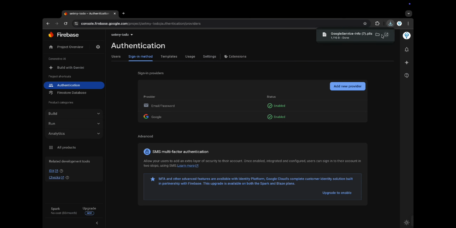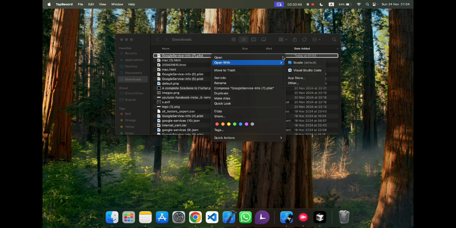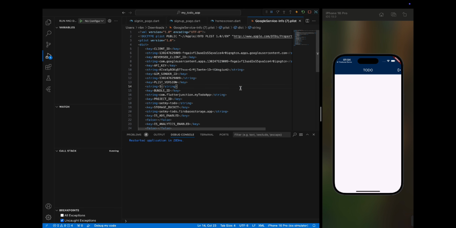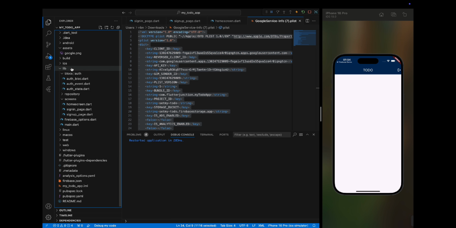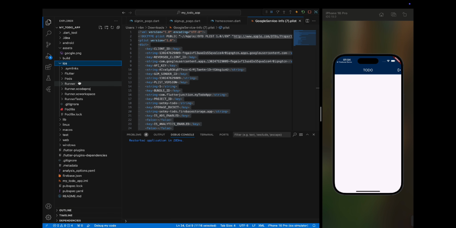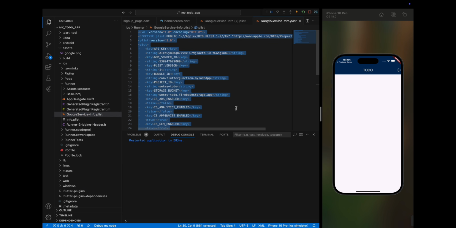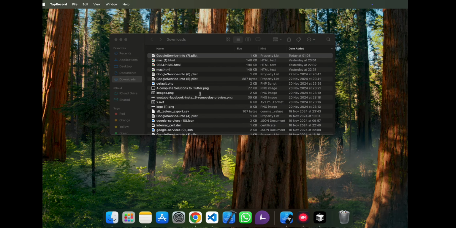and then I'm going to open it. Let's open with VS Code. Okay, so I have this GoogleService-Info.plist. I'm going to copy it, and then I would find iOS runner, and then you can see here I'm going to replace it with this code. Okay, so now I'm going to close it, and then for Android